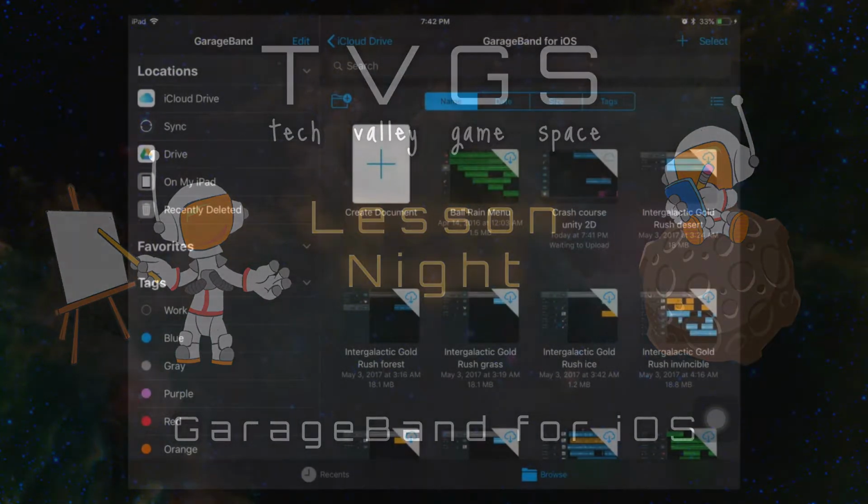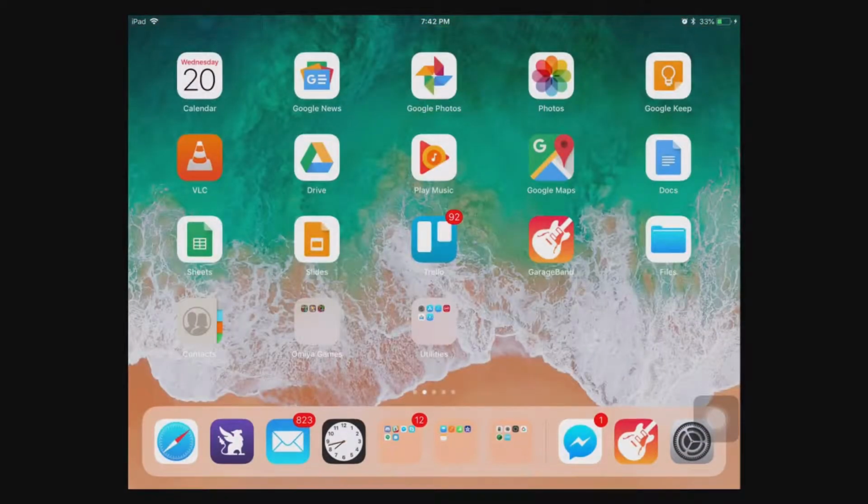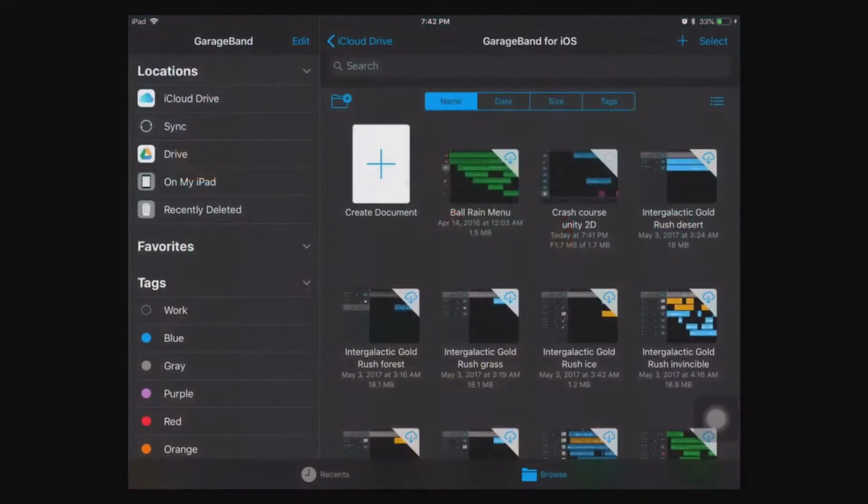I am basically showing off an iPad screen right here. You can see, woo, it's an iPad. So yes, this is probably the first lesson night ever where we just use a mobile device to actually teach how to do something, making assets for your game. This is an iPad Air 2, I believe. I might be wrong. It is a fairly old version of an iPad, but this also works on iPhone